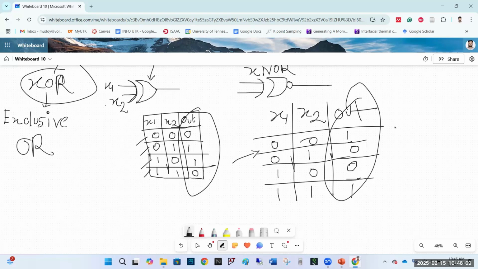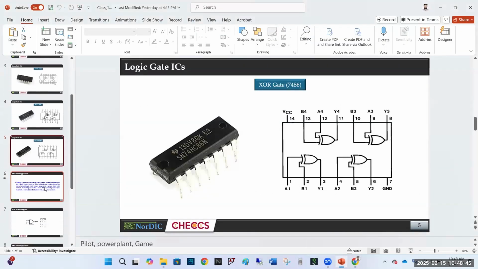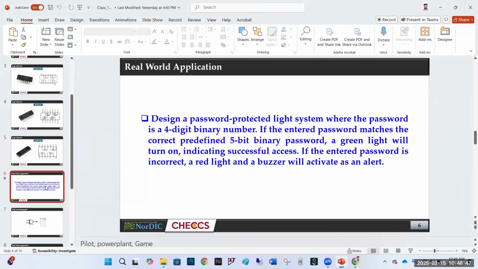So matching is important in the case of digital circuits, because we always need to match something. When we need to match something, we use this kind of logic gate. Going forward, we will be designing this kind of thing. So this is what we will try to design. What is written here? Design a password protected light system. So it's what we can do